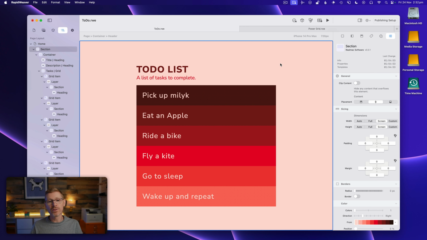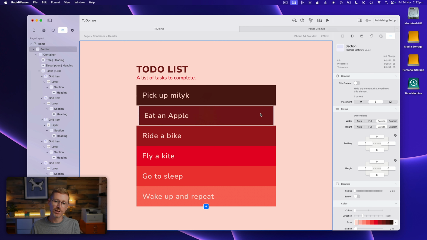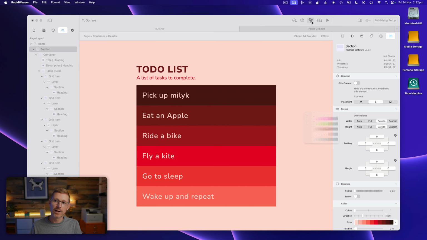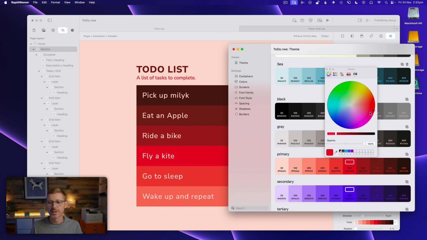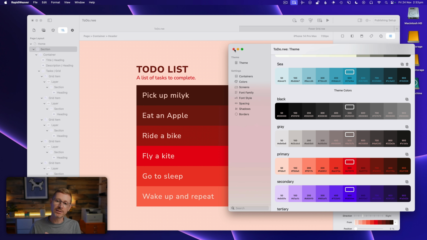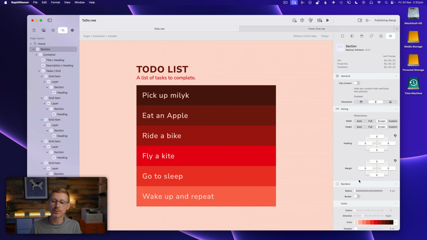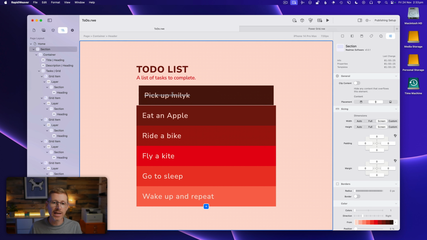The important thing about that is, rather than having to change all these colors individually, I can obviously go up here, pick the red primary color, and then just scroll around like this, and it changes everything, all on the fly. So that's my primary color changing there. If you've been following along since the beginning, you'll have seen this kind of stuff before, but this is so powerful. And I wanted to show how this extends a bit further, this Theme Studio stuff and these colors, because in here